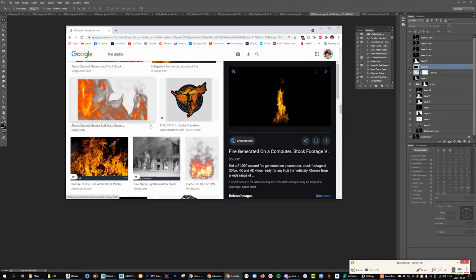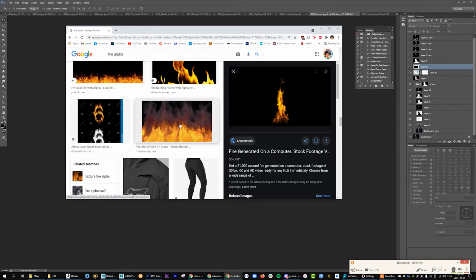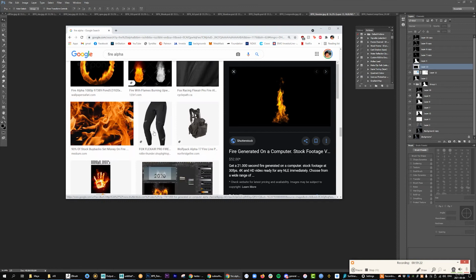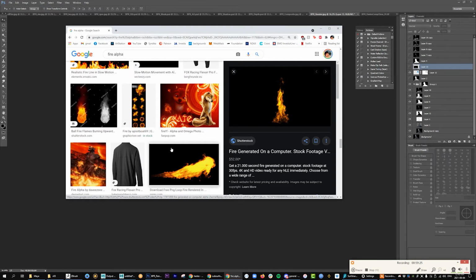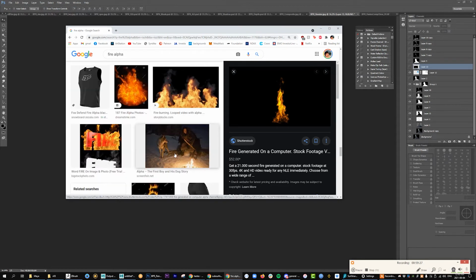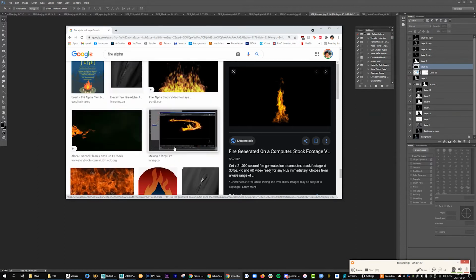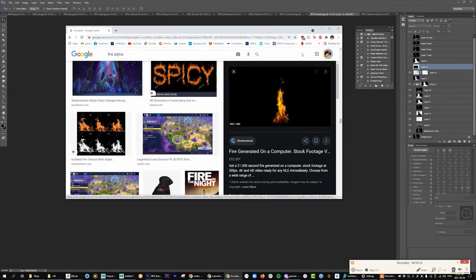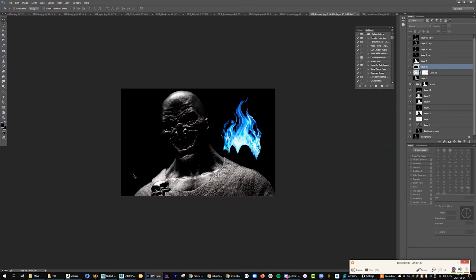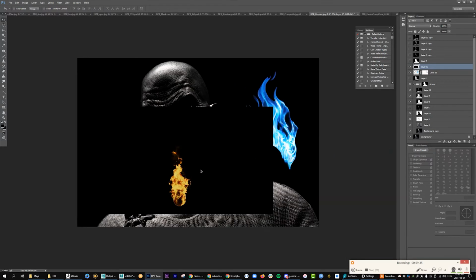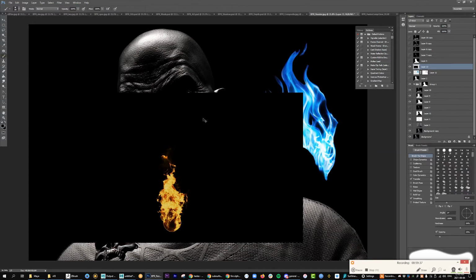Yeah, for this stuff, if you pick something like Fire Alpha or Dust Alpha, you'll get some good results for a black background. Good to do. Okay, anyways, that's how you would do it. And what you would do basically is you would color that the right way. So be like, okay, I want this to be